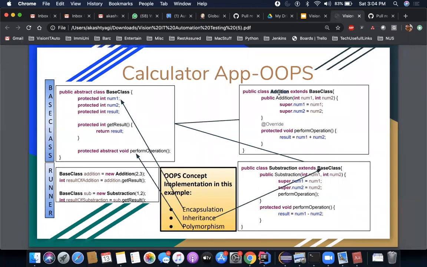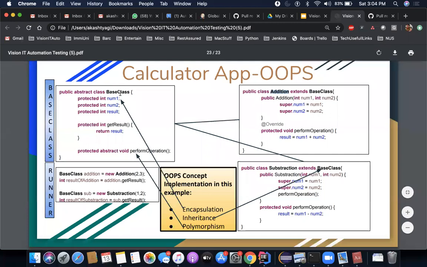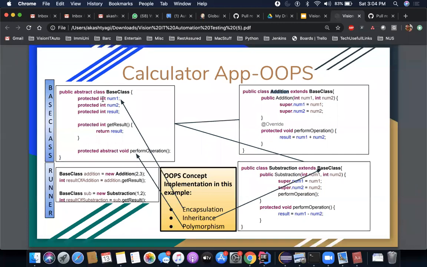And I'm trying to implement a few of the object oriented programming concepts here, the most important ones: encapsulation, inheritance, and polymorphism, right? Inheritance, you can easily understand when I say base class. Base class simply means it's a parent class, and I am making use of this parent class in both of these classes. And if you notice these num1, num2, and result variables, since these were common and I need not create them in both of these classes,